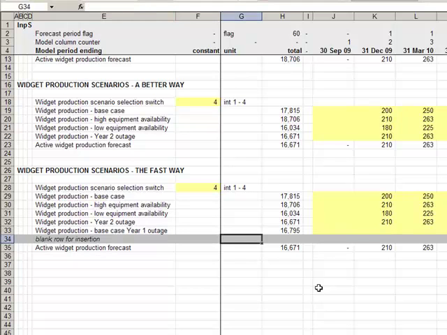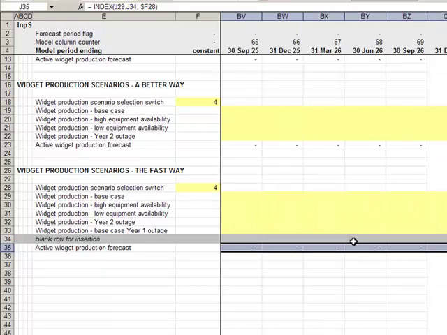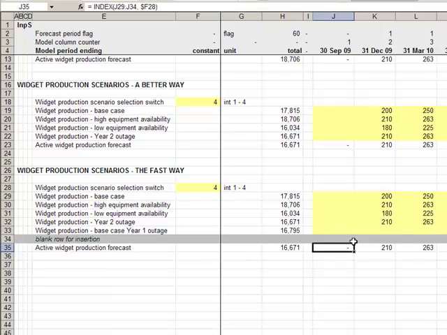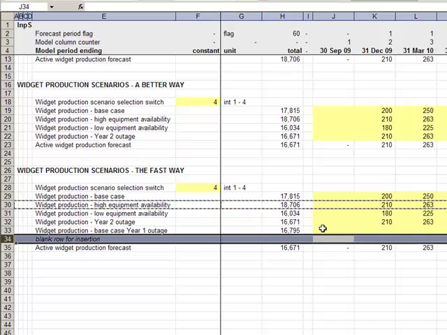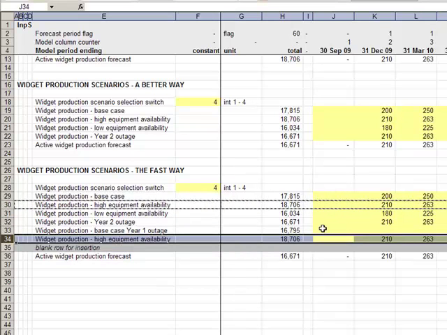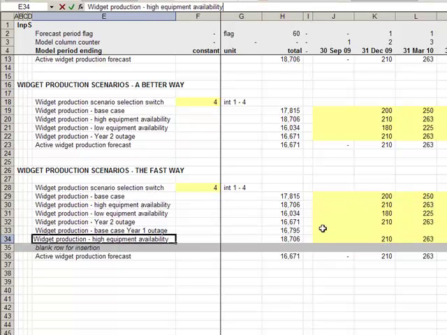Modelers mark this different sorts of ways, but the idea here is to include that extra row in the formula, in that range argument, so that if we were to insert stuff at the end of this sequence, so maybe we had a high version here, we'd put ourselves on that blank row for insertion, do a Shift Control plus, and essentially stretch open that range so that if we wanted high equipment availability,